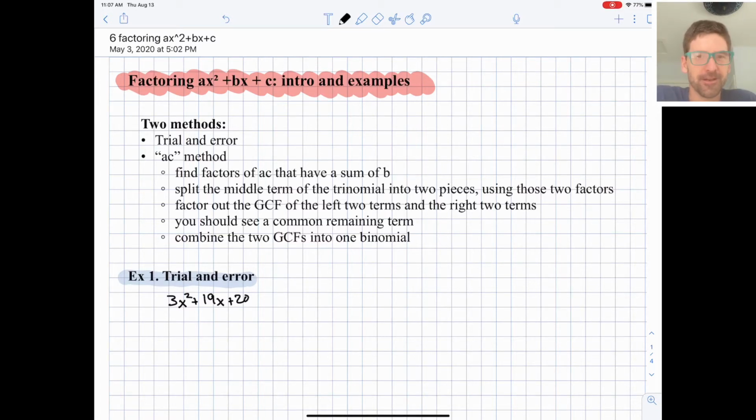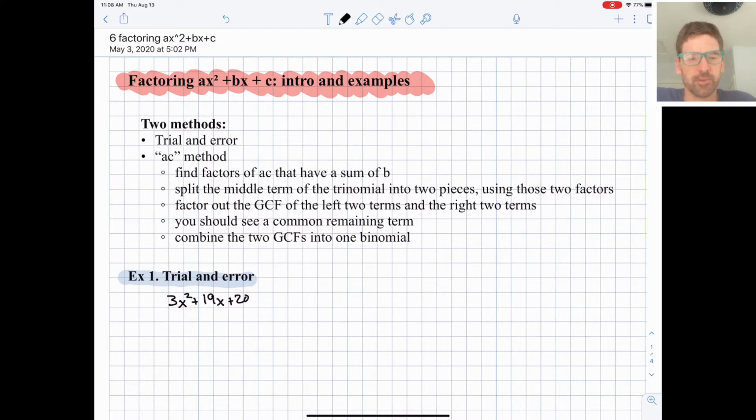Okay, we are moving on with our work on factoring, and today we will up the challenge a little bit and start factoring quadratic trinomials where the coefficient with the x squared is not equal to 1. And that really changes the game. It makes it a lot harder, and I have a few examples here to really help you get through these sorts of problems. So factoring ax squared plus bx plus c, and we'll start with an introduction and then do